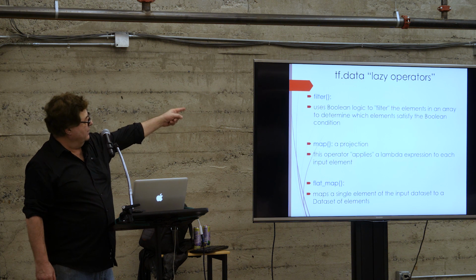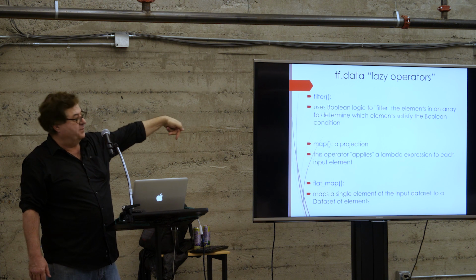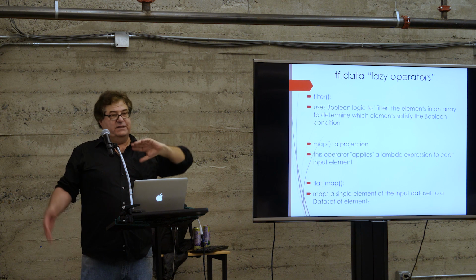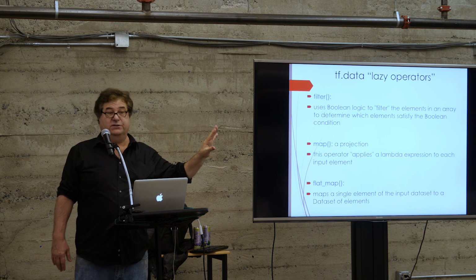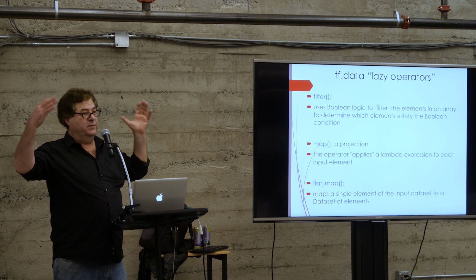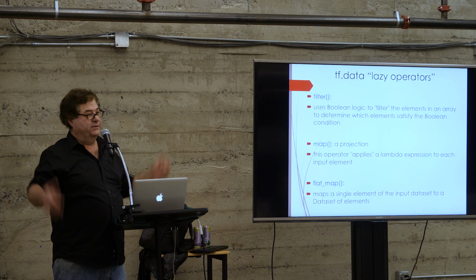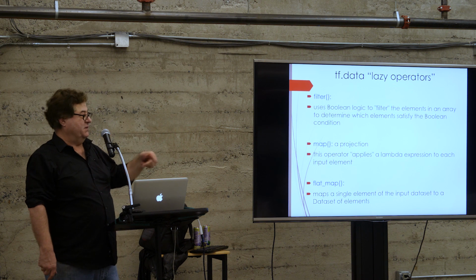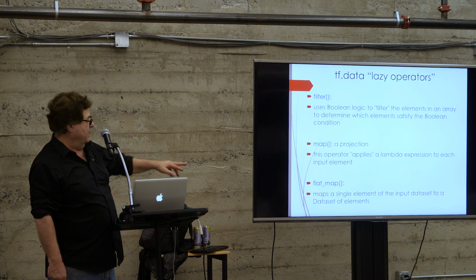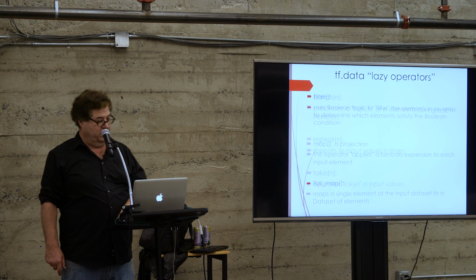So we've already kind of talked about this. Filter is essentially a Boolean, contains Boolean logic. Map, technically, when I was describing it, is actually called a projection. So you have something in a certain dimensional space, and by doing a map, you're projecting the data. That doesn't really give you any insight into what it does, so it's always better to work with concrete examples. And flat map, as explained down below, does that.